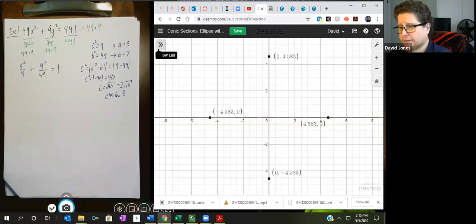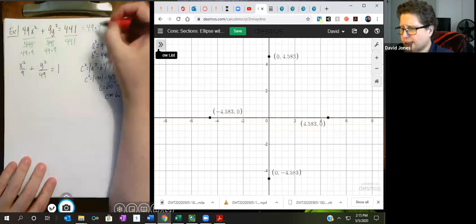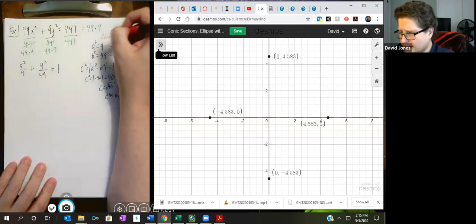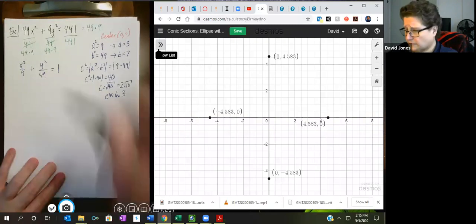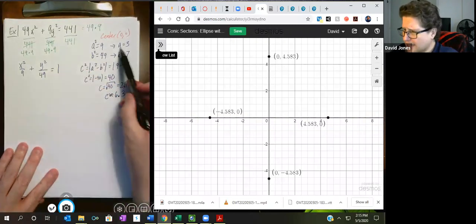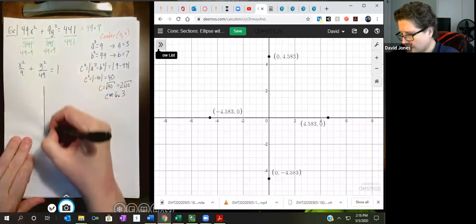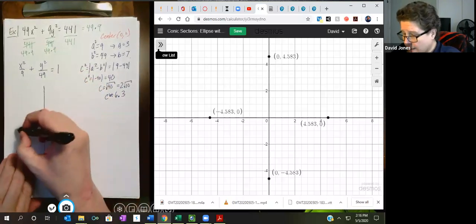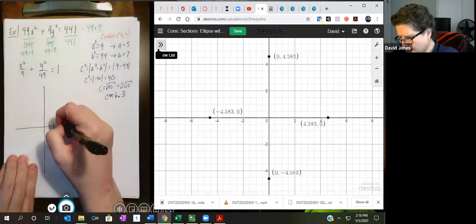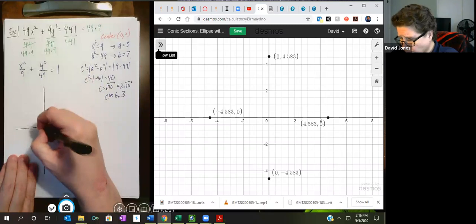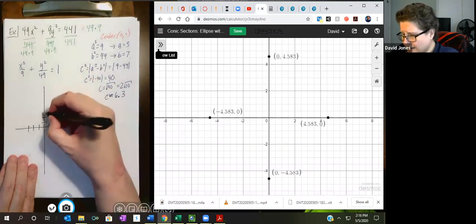Where is our center? There's nothing in parentheses with the x and y, so our center is at the origin. A is short, B is long. This is going to be a tall ellipse, not a wide ellipse. So I need to go 3 in either direction this way, 7 in either direction this way,